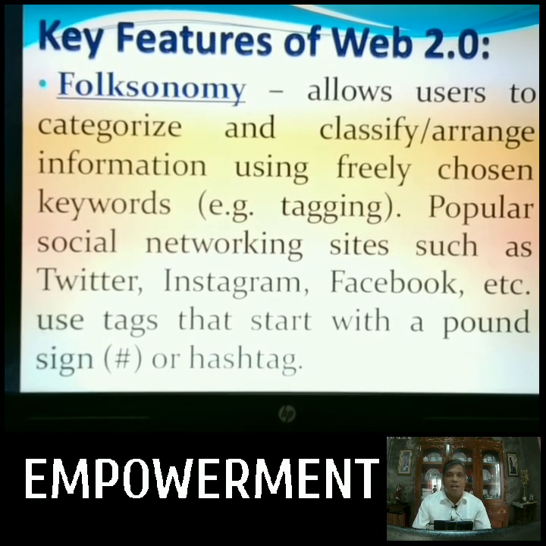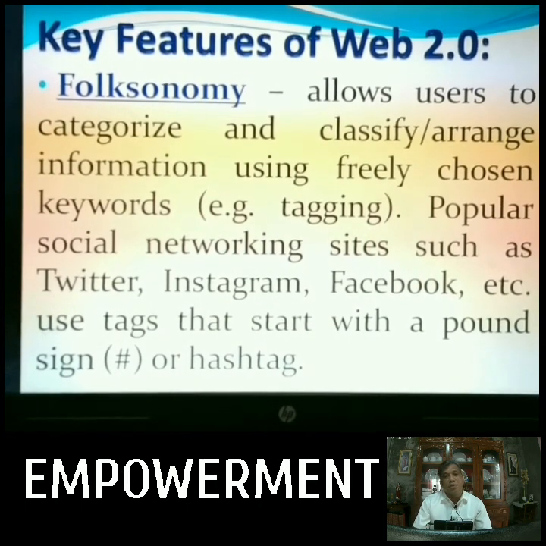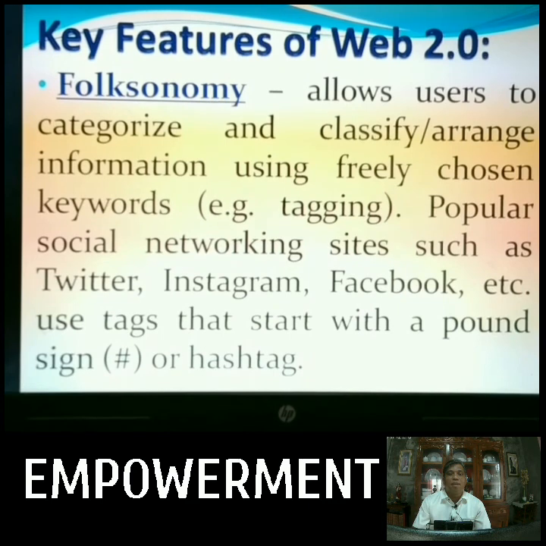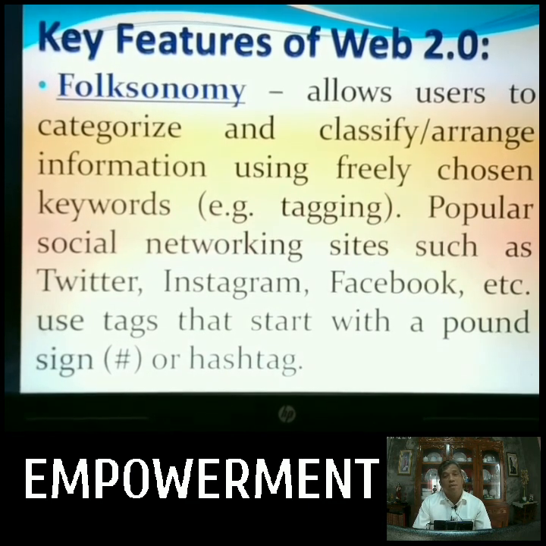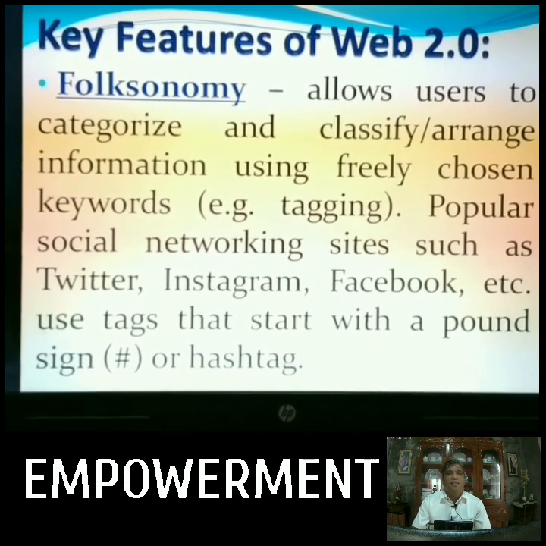Number one of this is Folksonomy. It allows users to categorize and classify, arrange information using freely chosen keywords. Example is tagging. Popular social networking sites such as Twitter, Instagram, etc. use tags that start with a pound sign or hashtag. So, mauna yung mabuhat na ito sa Web 2.0 na murag dili na ito mabuhat sa Web 1.0. So next,